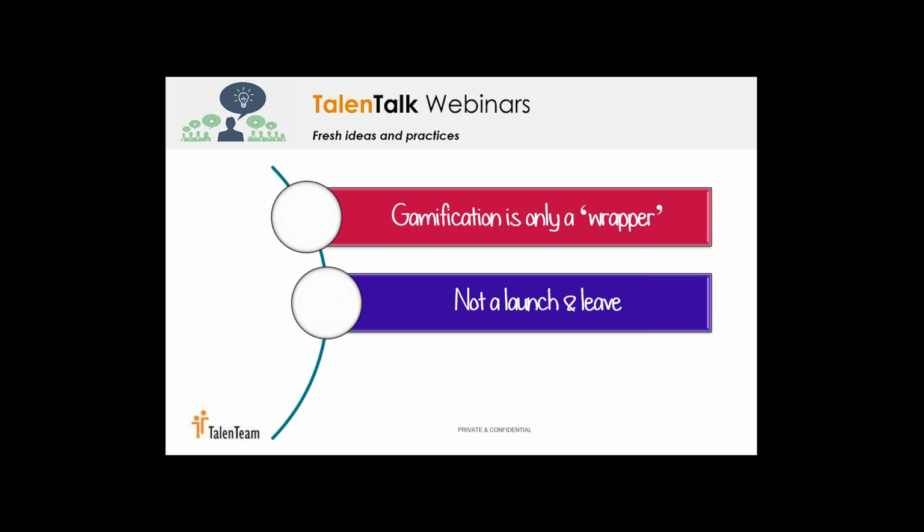Really important to highlight, it's not a launch and leave. As I've pointed out, it's not a case of just turning it on in the system and expecting it to flourish. You need to invest a certain amount of time and make sure you have the right number of resources available, and you make a really strong plan and strategy with which to deploy your gamification. There's a bit of research that has indicated that poorly planned gamification strategies will lead to employee alienation. So if you don't have the time and you don't have the resources, you should not deploy gamification until you're completely sure you have everything at hand and you have the time, resources, etc.